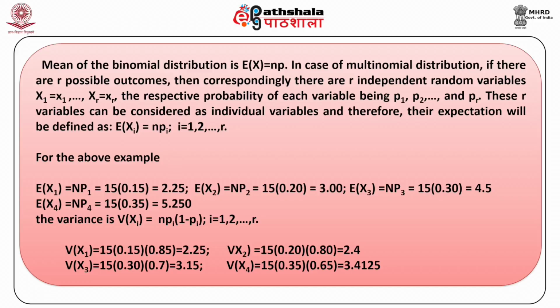If you substitute these values, variance of X1 will come out to be 15 into 0.15 into 0.85, where 0.85 is 1 minus P1, and this comes out to be 1.9125. Similarly, you can find variance of X2, which comes out to be 2.4, variance of X3 comes out to be 3.15 and variance of X4 comes out to be